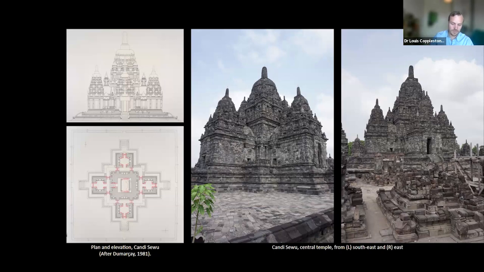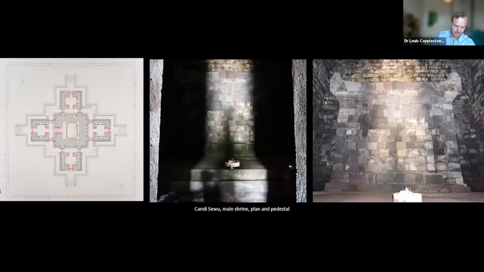And the superstructure of this temple brings a cluster of stupa forms at several scales and altitudes to create a hierarchy of 4 around a central larger point, an arrangement that here too reflects the 4-fold structure of the temple and is mirrored in the entire complex. As at Pahapur, the central image in the inner shrine of the main temple at Chandi Sewu is lost, but a throne back integrated in the back wall suggests it would have been very large. During the reassembly of this temple in the 1980s,